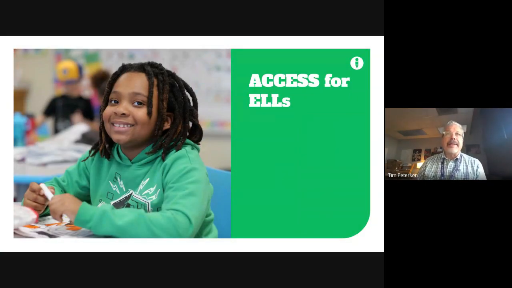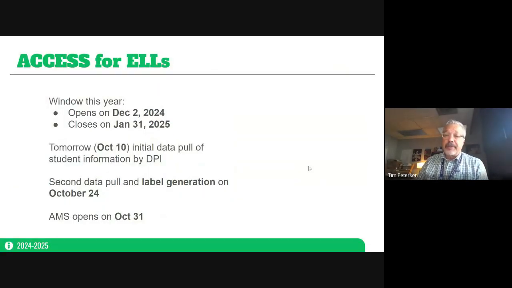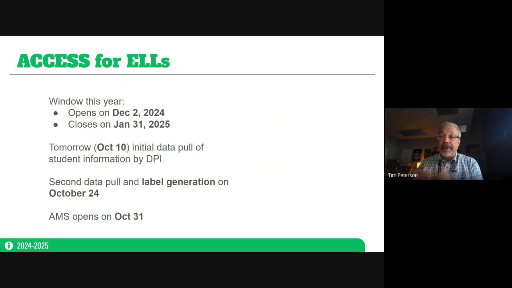So we're actually going to go kind of out of order, but I wanted to make sure, this is the big thing for today. We'll be talking about access and the preparation for that. Now, the window itself doesn't open until December 2nd. It closes on the 31st of January this year, or next year, actually. So we've got a nice long window, but we also all know that there are all kinds of things that happen during this time, including such things as winter break, MLK Day, end of semester. We've got new students who typically roll in at the first of the year.